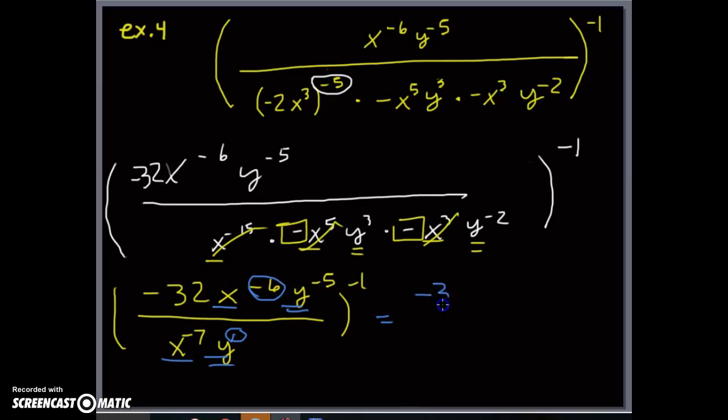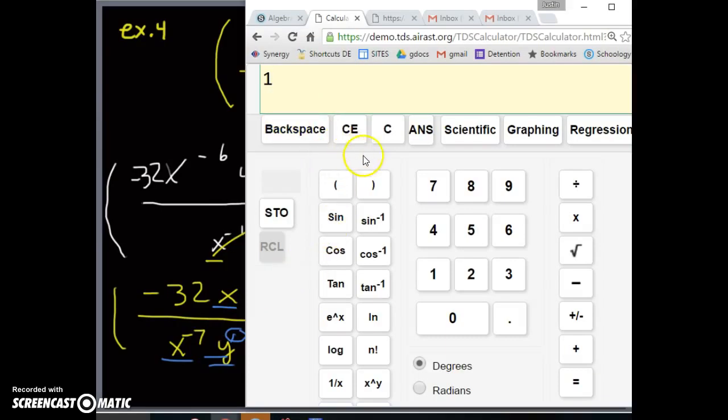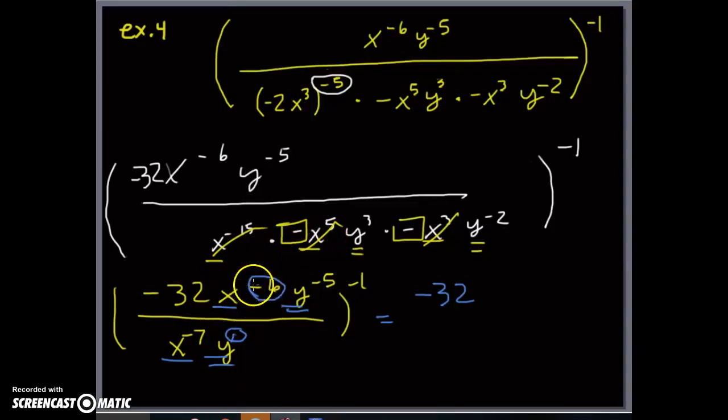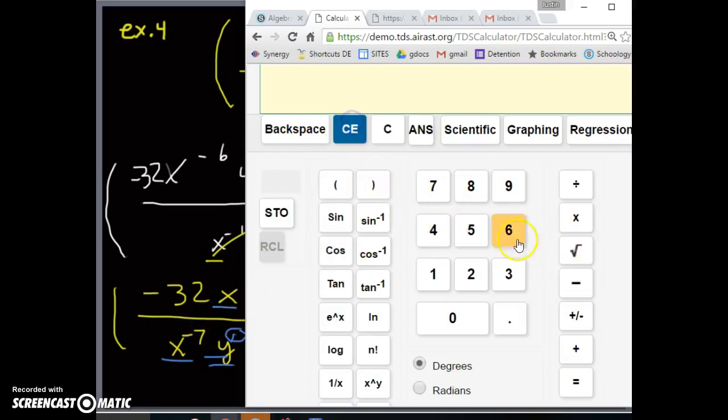Simplified, we can write it as negative 32. And now we've got negative 7 minus negative 6. So we got that double negative, which is a negative 1. Oh wait, I wrote it wrong. Negative 6 minus negative 7. Sorry. Negative 6 minus negative 7